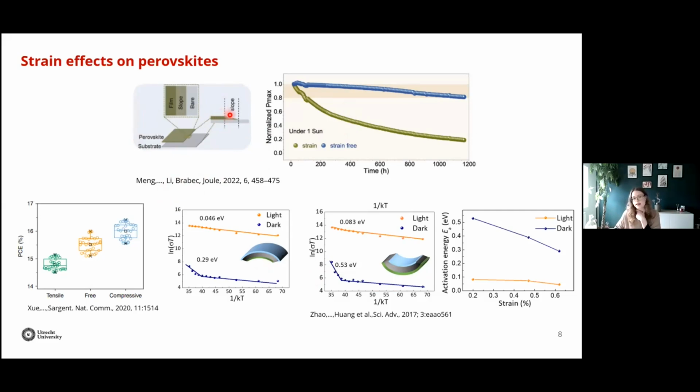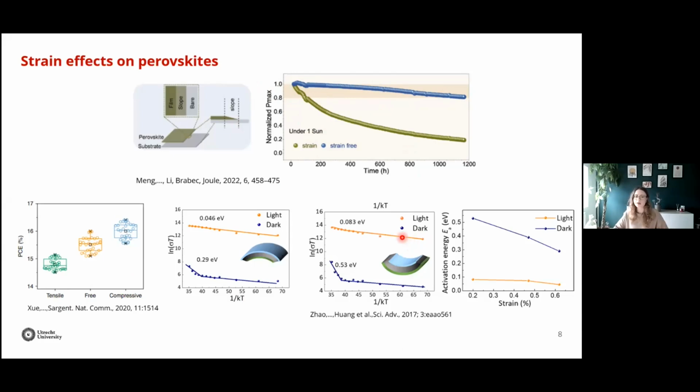So meaning that they probe closer to the interface between the substrate and the perovskite, and they found an increased strain in this slope, and this affects the stability of solar cells. So, for instance, you see here that strain-free perovskite has a much longer lifetime than a strained one, but also you have an effect on the efficiency itself, and also on ion migration,